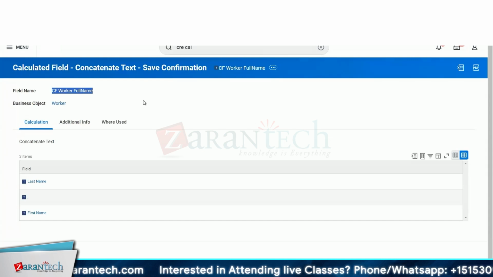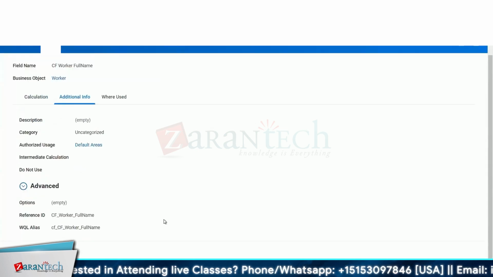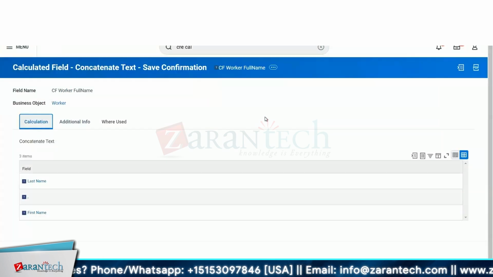So we will always recommend custom built reference IDs for any of the objects you create, be it integration or calculated field. You just put up a custom reference ID